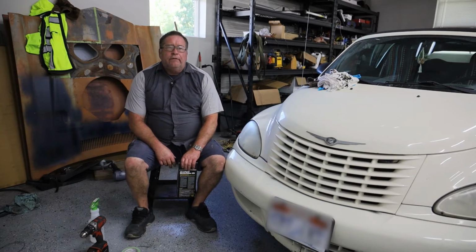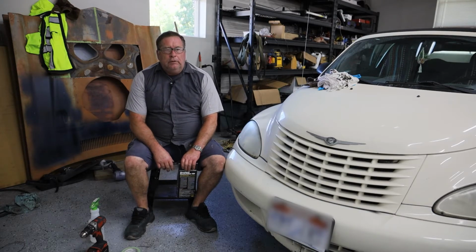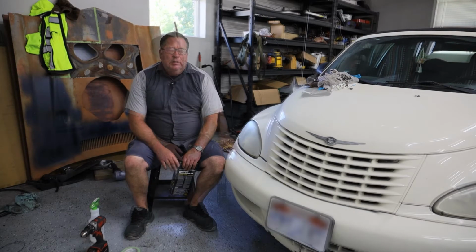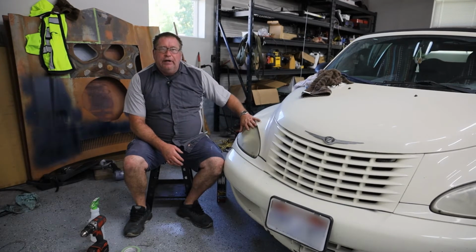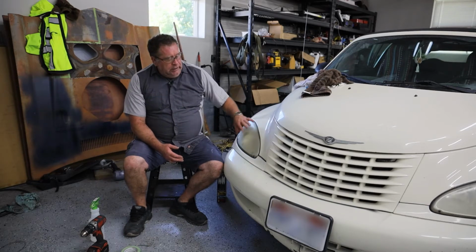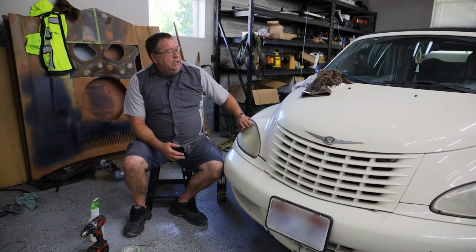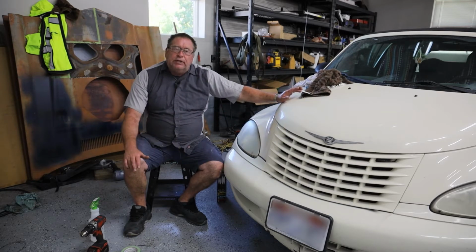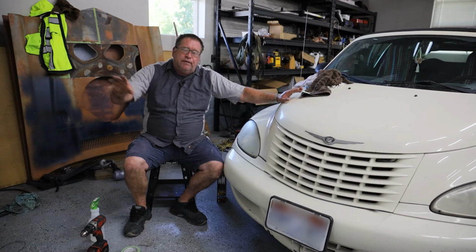I just thought I'd go through something that will make your car safer to drive and also make it look a little better. The UV rays from the sun actually start to degrade the outer edge of this plastic, and it happens fairly quick, and they start to become kind of clouded over. And when that happens, your lights aren't as bright, they don't shine as far down the road,